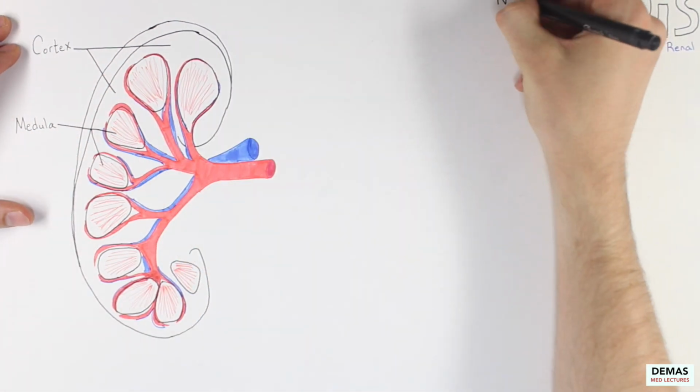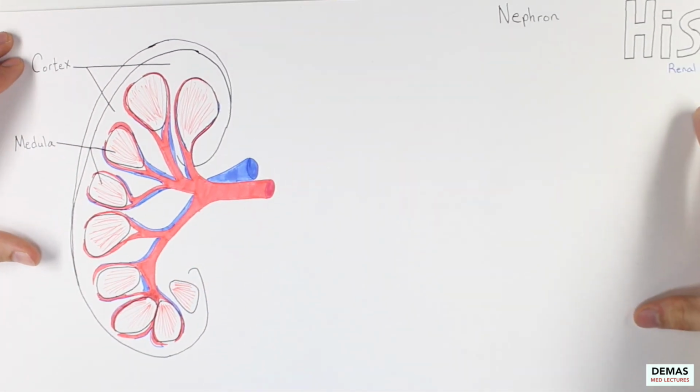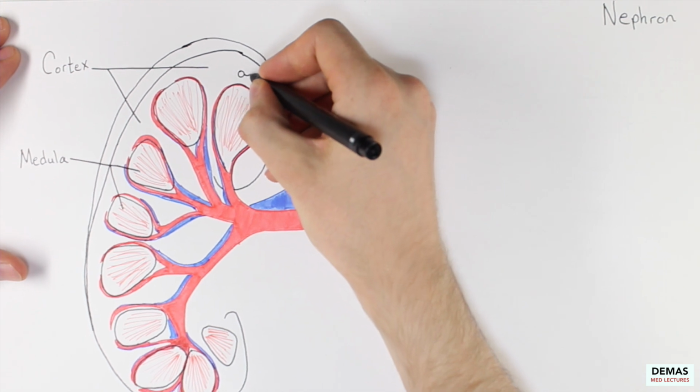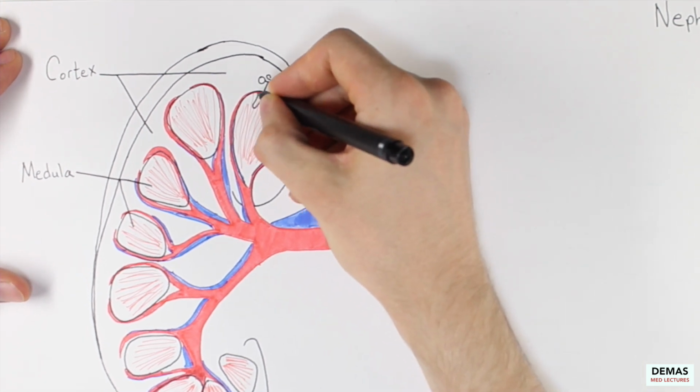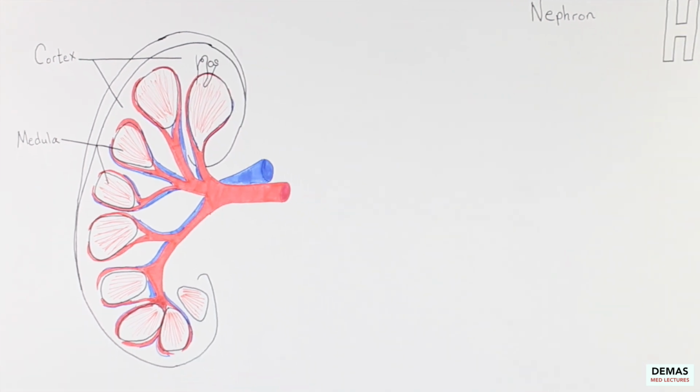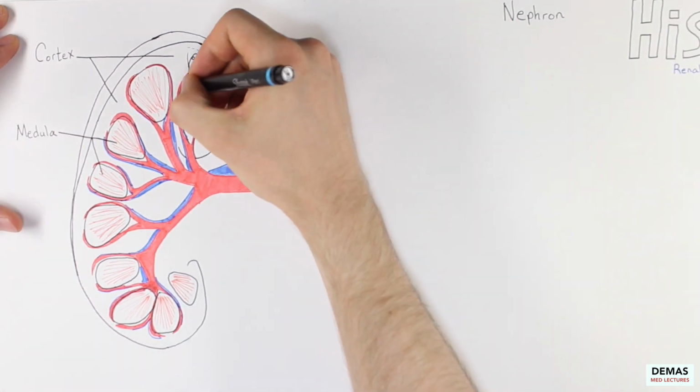Within each kidney, the functional unit that performs the filtration is called the nephron. Each kidney has roughly 1 million nephrons. Each of these nephrons span between the cortex and the medulla, as shown here. Since the nephron is a key structural and functional unit of the kidney, let's take a closer examination of its